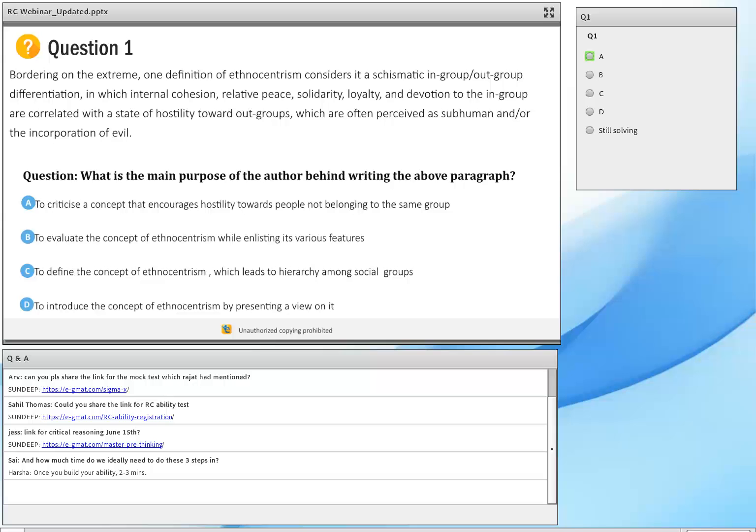All right, about 80% of you are done. Let's get those responses in. 5, 4, 3, 2, and 1. Let me end the poll